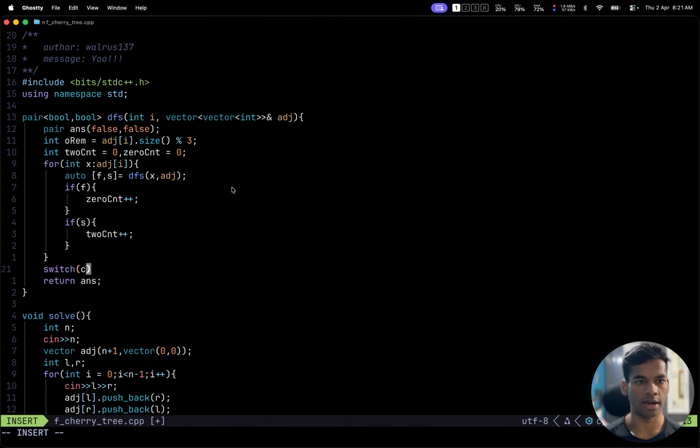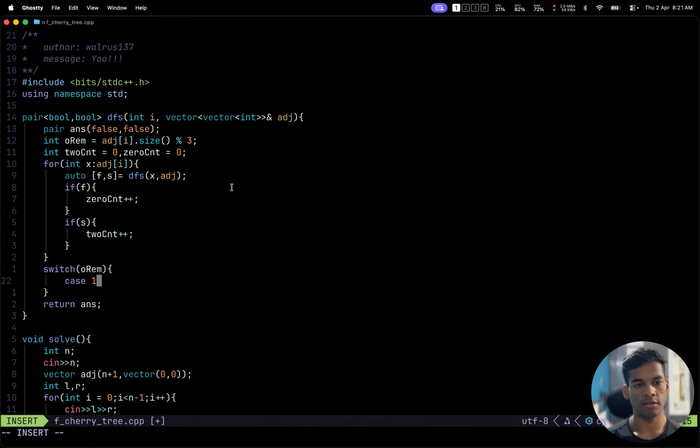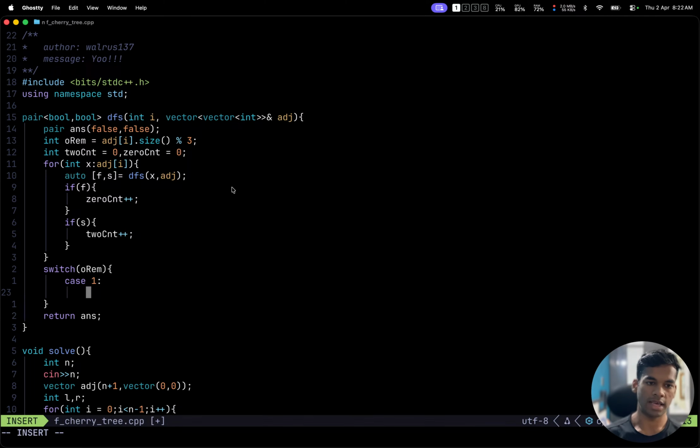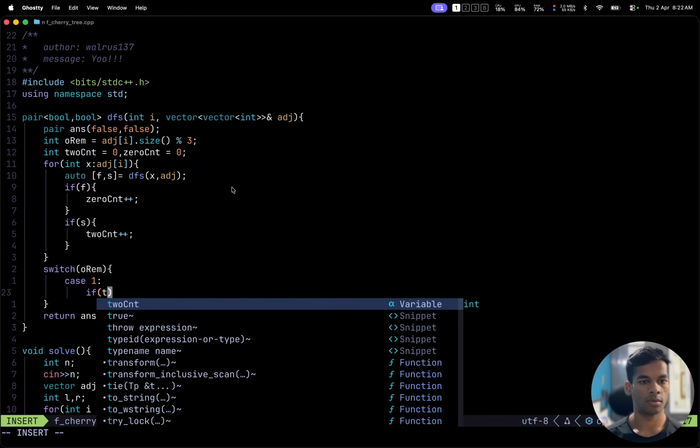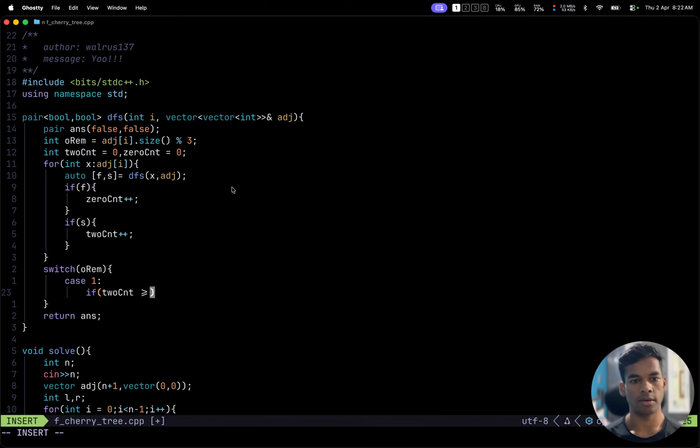Switch just feels right here. Case 1. If ORM is 1, then we need to check for 0. If we are now checking for 0, then 2 count greater than or equal to 2